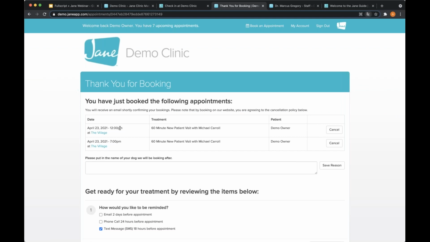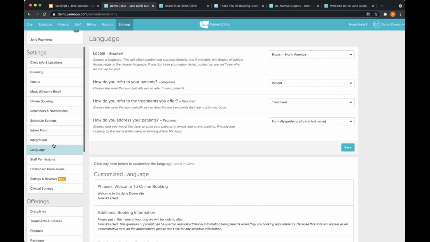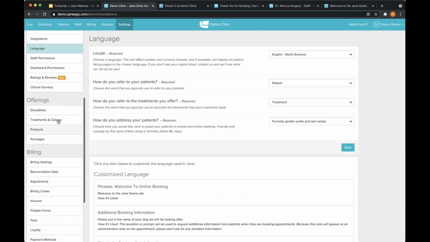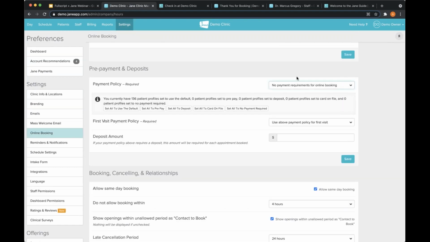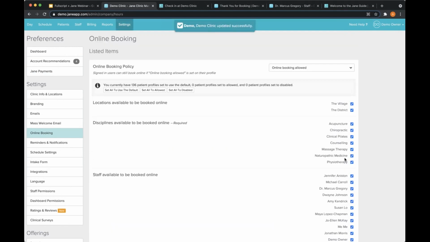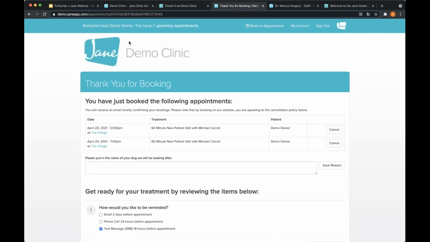I have my dates and times. And we can also set it up so that when patients book these appointments in, they won't be able to actually book them in fully until they either enter a credit card or make a prepayment online too. So let me just set that up as well. I had this set up prior, but it looks like someone's taken it off. But if I go into my online booking, this is an option anyone can use using Jane Payments. Maybe our payment requires full payment before showing up, so we don't have to touch any credit cards. They don't have to touch our POS machine or anything like that.